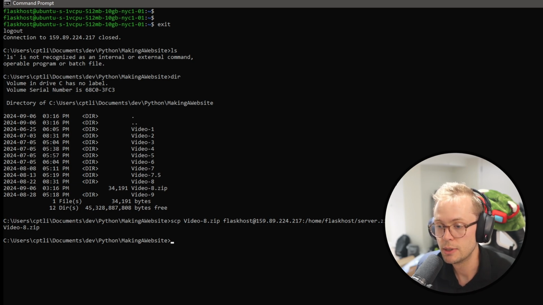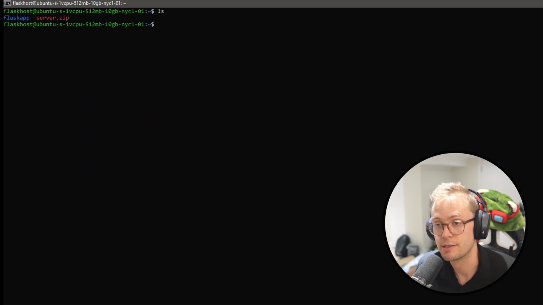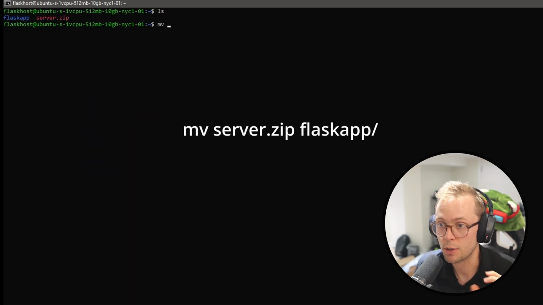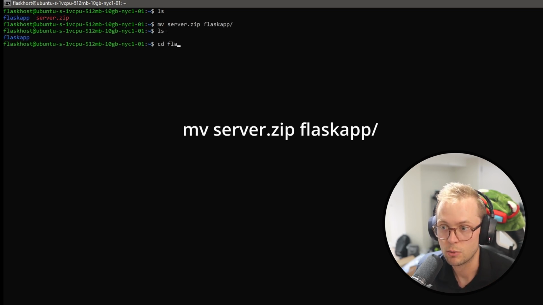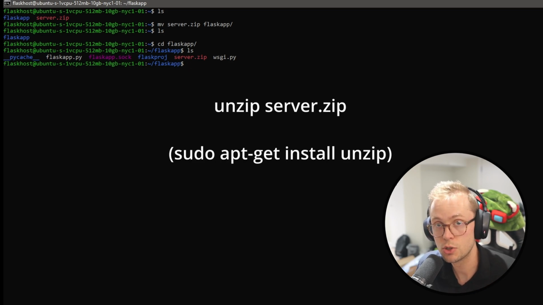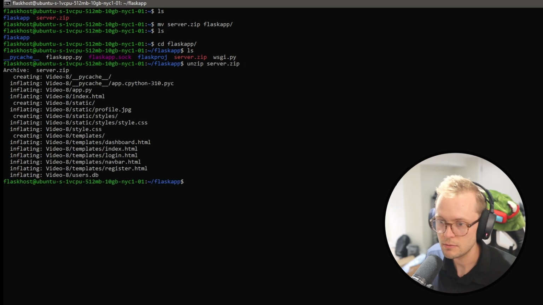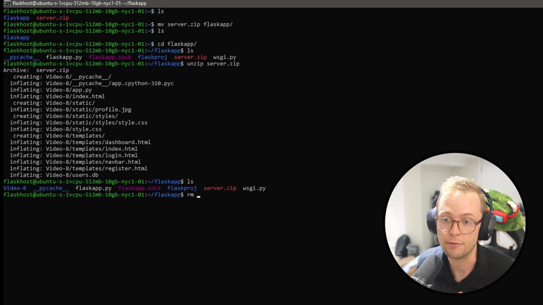And then all we have to do is just log back into, or SSH back into, our server. And we can see when we do ls, we have server.zip. Awesome. We're then going to move server.zip to our Flask app directory. And within Flask app, we are then going to unzip server.zip. If you don't have unzip, you can do sudo apt-get install unzip. It's just not installed by default sometimes. So when we do that, we can see we have video 8 as a new folder. So it did successfully unzip it,